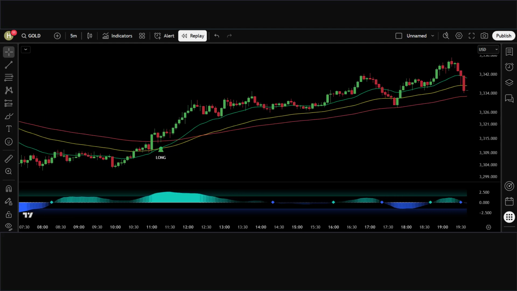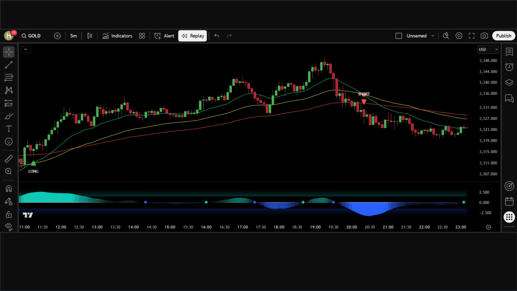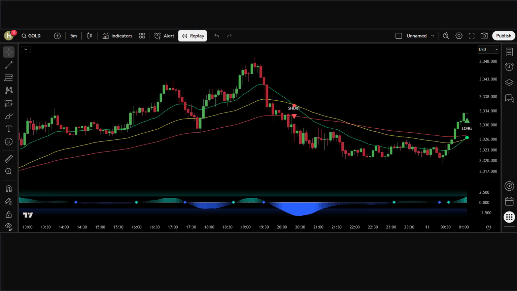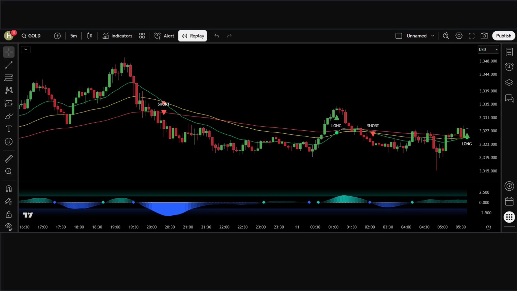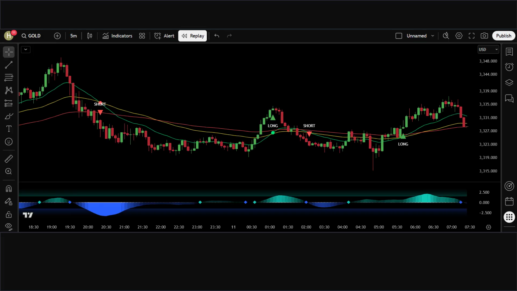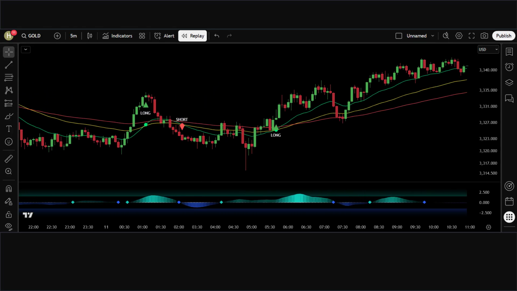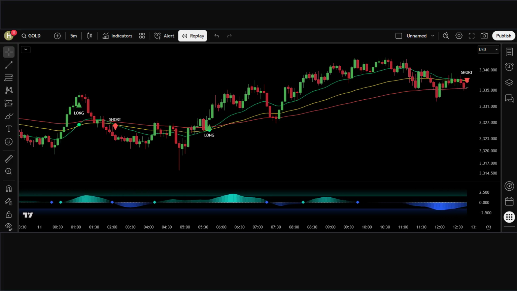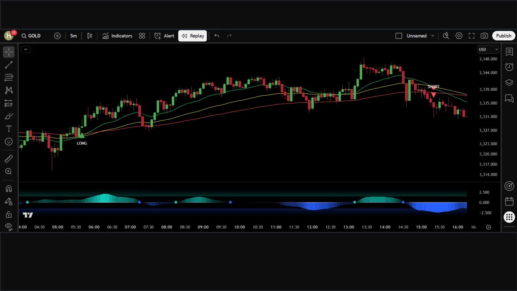To add even more confirmation, we're using the linear regression oscillator. This oscillator smooths price action and identifies overbought and oversold conditions, while also showing you the underlying momentum of the move. Whether you're trading Forex, stocks, or crypto on TradingView, this combo is highly versatile. It works on multiple time frames, making it perfect for intraday traders, swing traders, or even position traders looking for